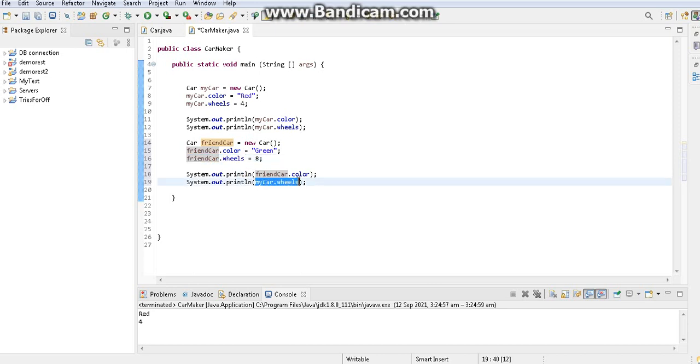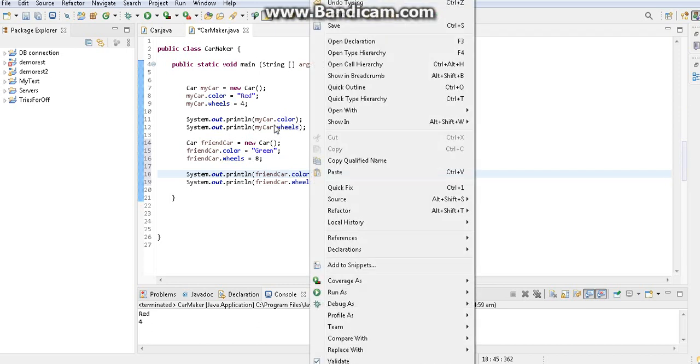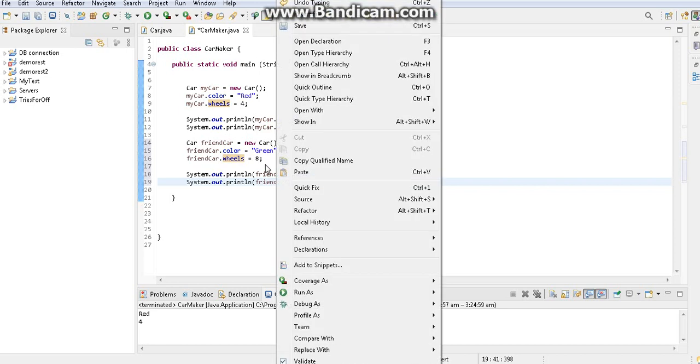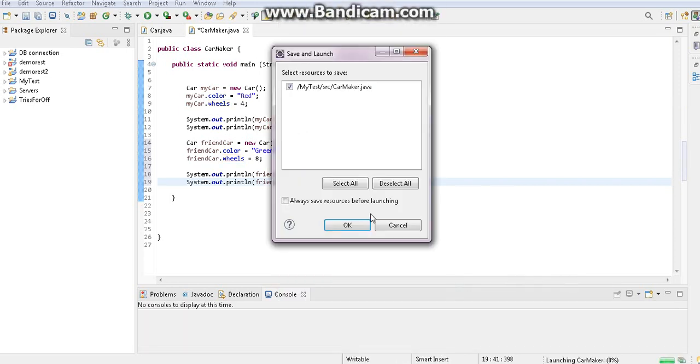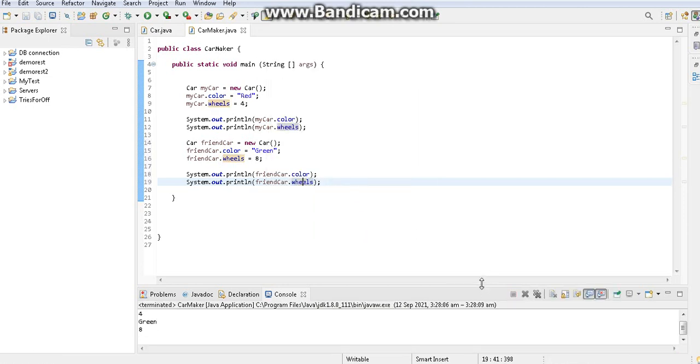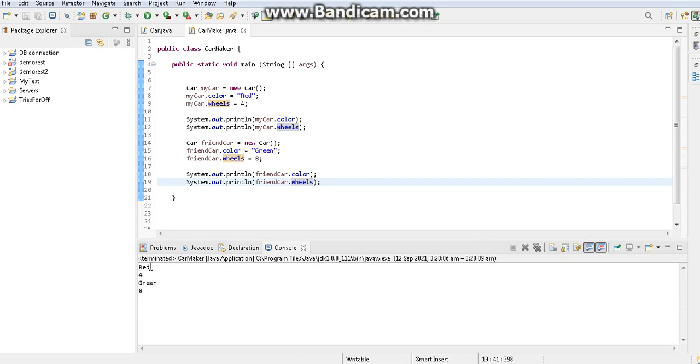Okay guys, all good, right? I will run it and see whether first my car's color and wheel number are printed, then my friend's car color and wheel numbers. I just want to make sure. You see, first my car is red, so red and 4 are printed.